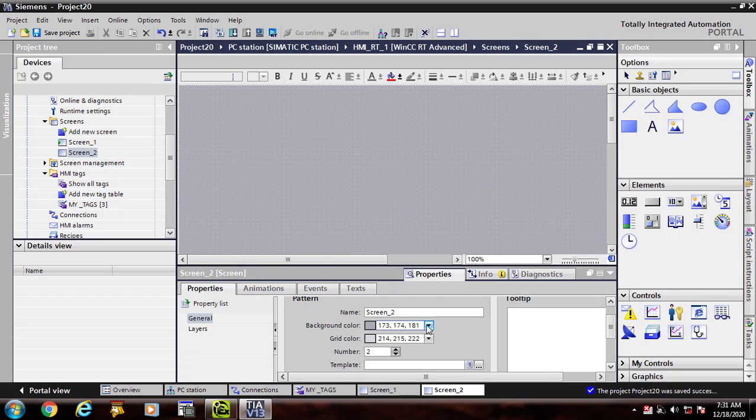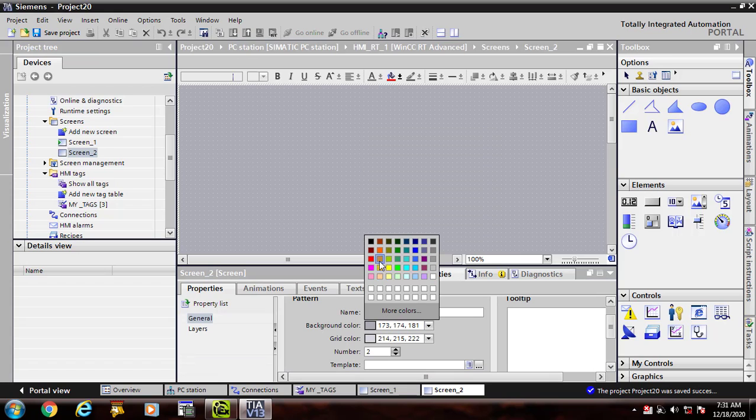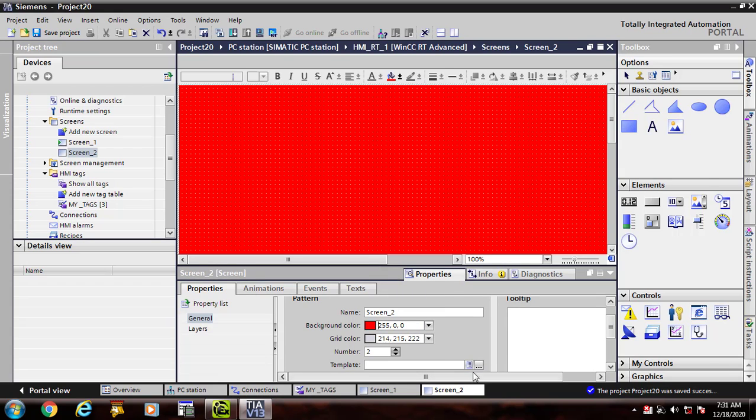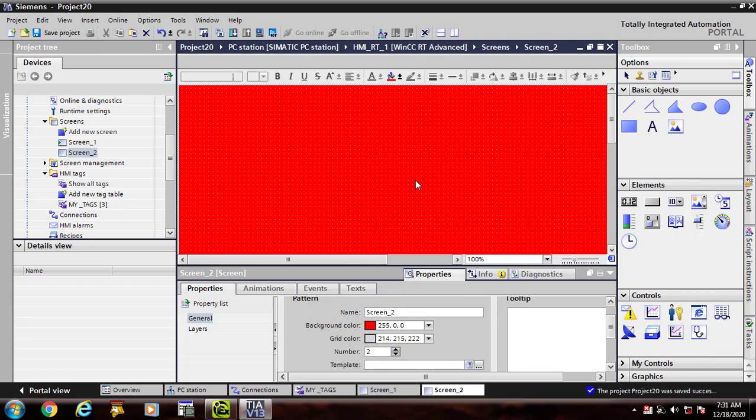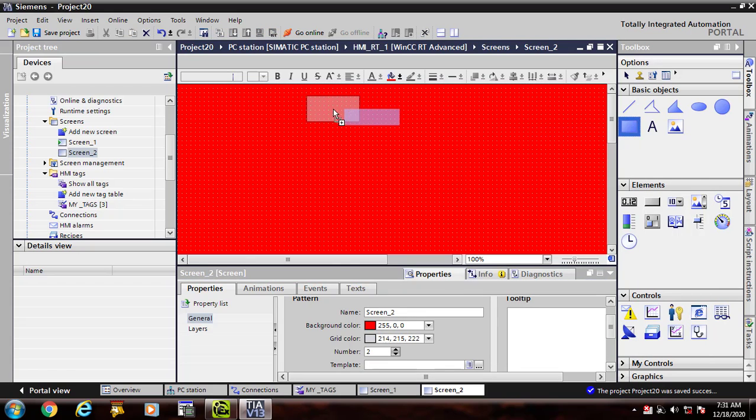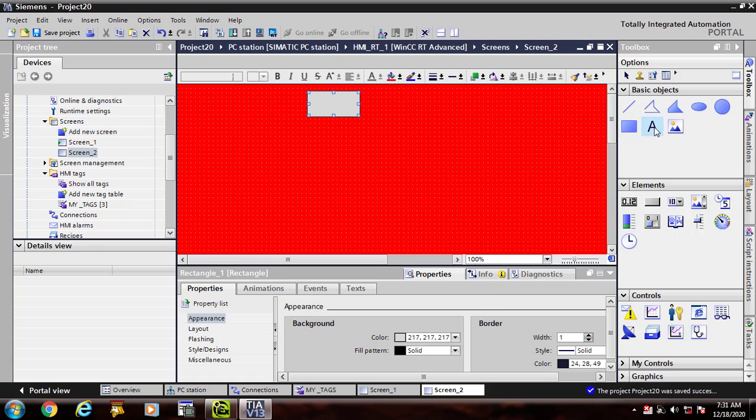Go to properties, and here you can drag its values, write text here: the name of your screen, the tag of your screen, what kind of data you want to display here.